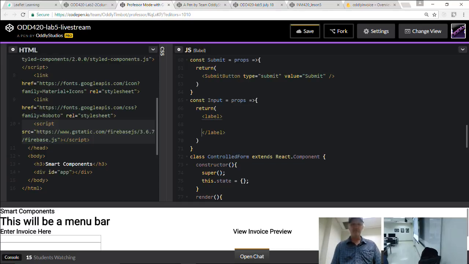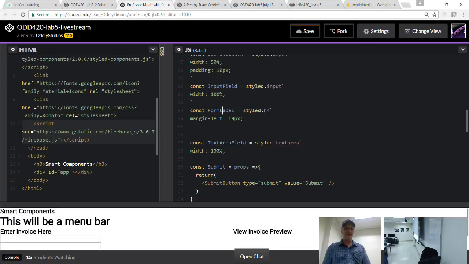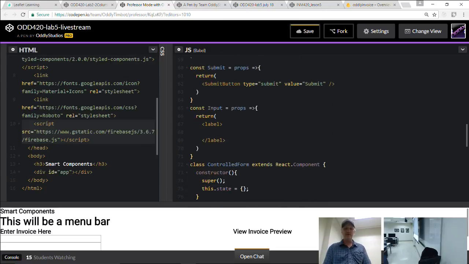Let's see, did we make any label? We made this form label, right? Form label. Yeah, so let's use him. So inside of our label, let's put a form label. So you put what? Is label like an actual tag? It's an element? Yes, it's an HTML element. That's a good question. We're not doing that. We can tell because it's starting with a lowercase letter. So then don't forget to close your form label, just like that.